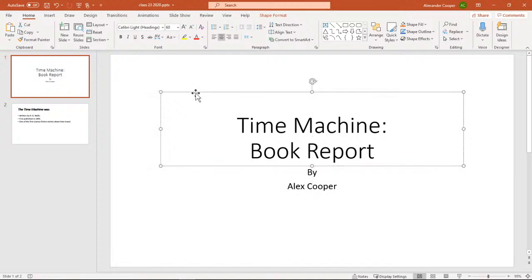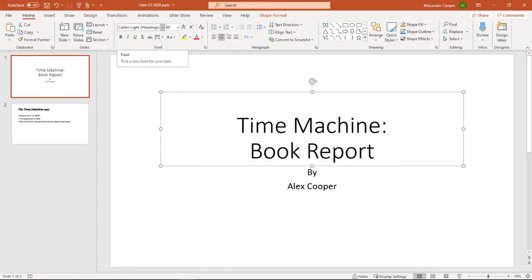So I let go. And if I need to resize a box, I get on the edge, but we're going to talk more about resizing stuff when we deal with our pictures. So I know it's selected. If I have the text here, this is kind of like a dotted line. If I left click the border, then everything in there has been selected. And then when I go up here, any changes I make, the whole text box will be changed, okay?